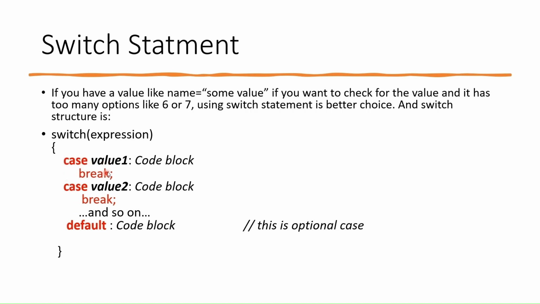Case is the keyword, and value 1 is, for example, a string, or whatever the expression has as its value. For example, name is some value. So case 1: if value 1 matches, then this code block will execute, and we have a break here. Okay, and we have case 2, which is value 2, and you can put as many cases as you want, and the default is executed when none of these cases match